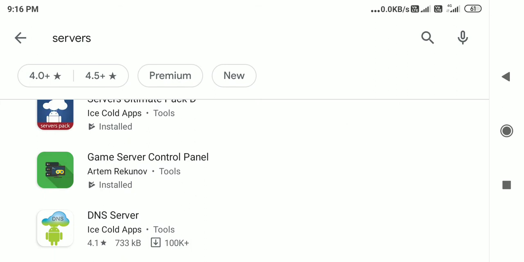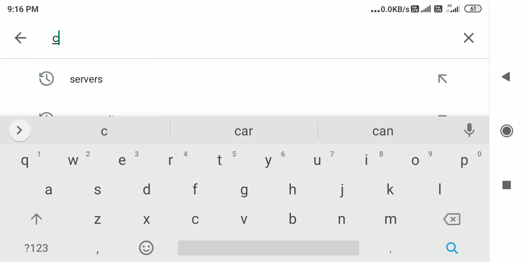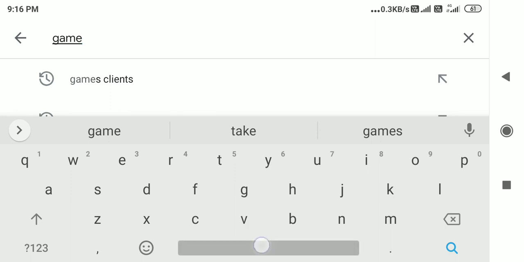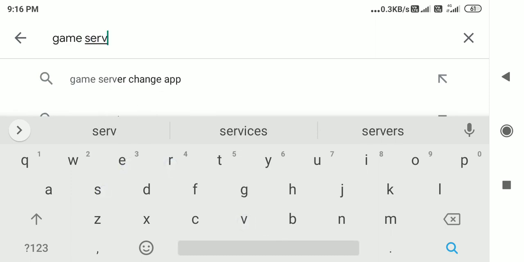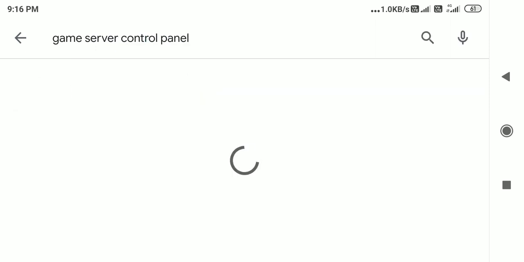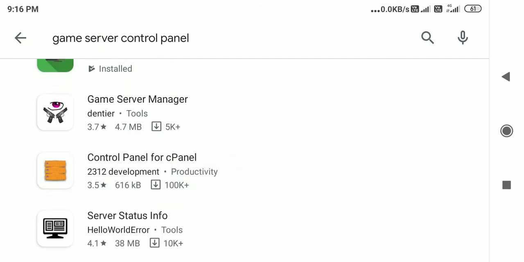Game server control panel. So client, control panel. Control panel for cPanel.